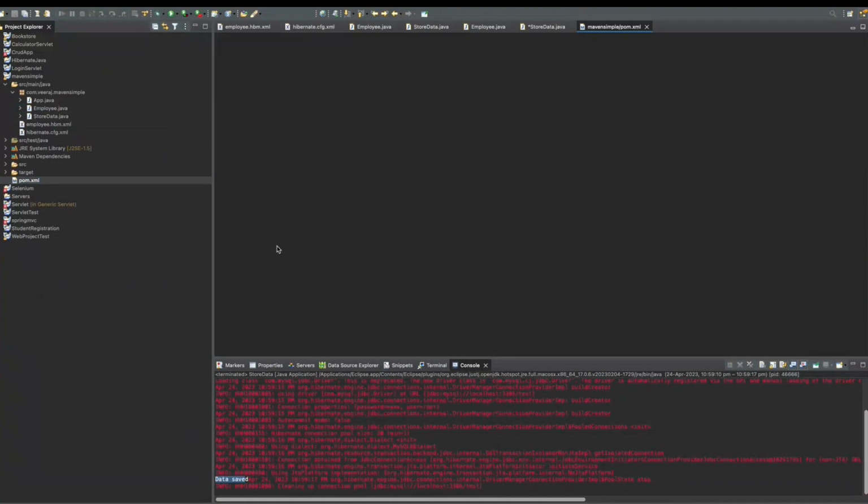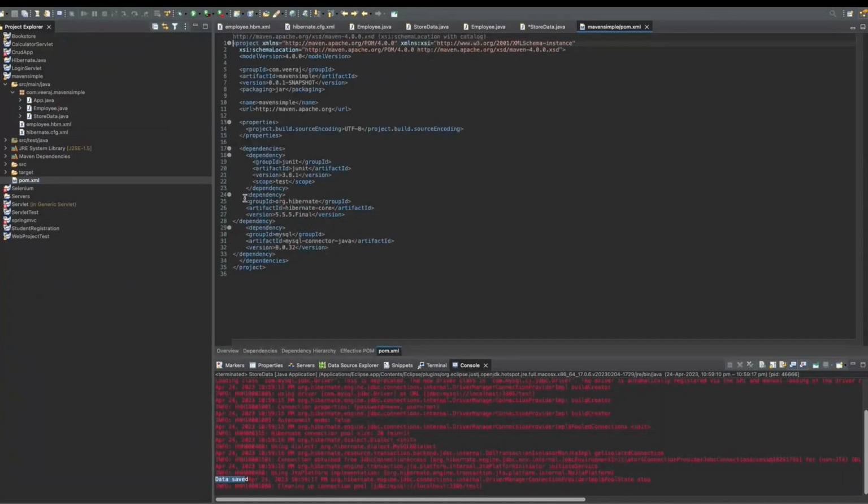Now when we move on to this pom.xml, you can see all these things, which is the Hibernate dependency 5.5.5 Final and the dependency 8.0.32 for the MySQL connector. The only thing I have to mention is these dependencies. Now when I want to insert a new dependency, for example, let's say this particular dependency was not present over there, I have to go and search for it on the online website of Maven, where they have presented all the dependencies, and I have to copy those dependencies